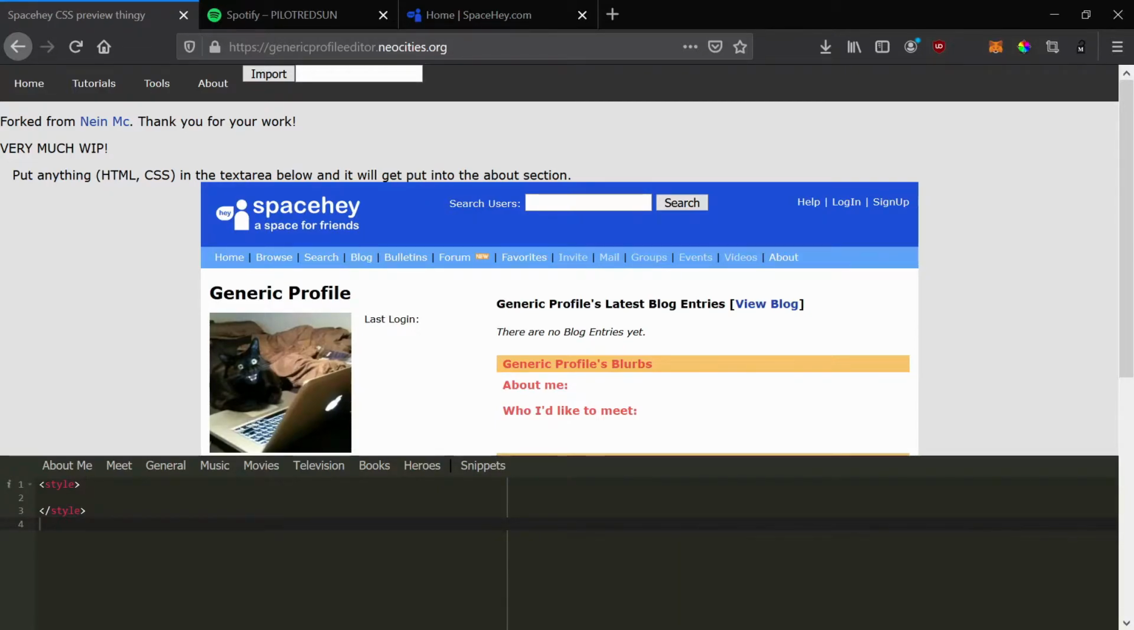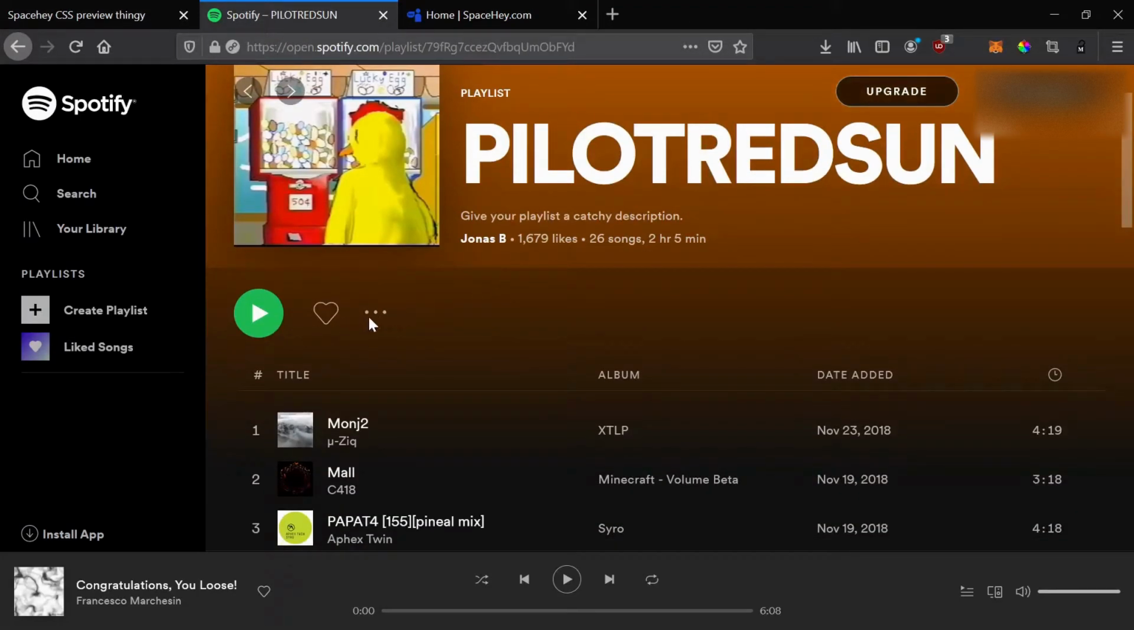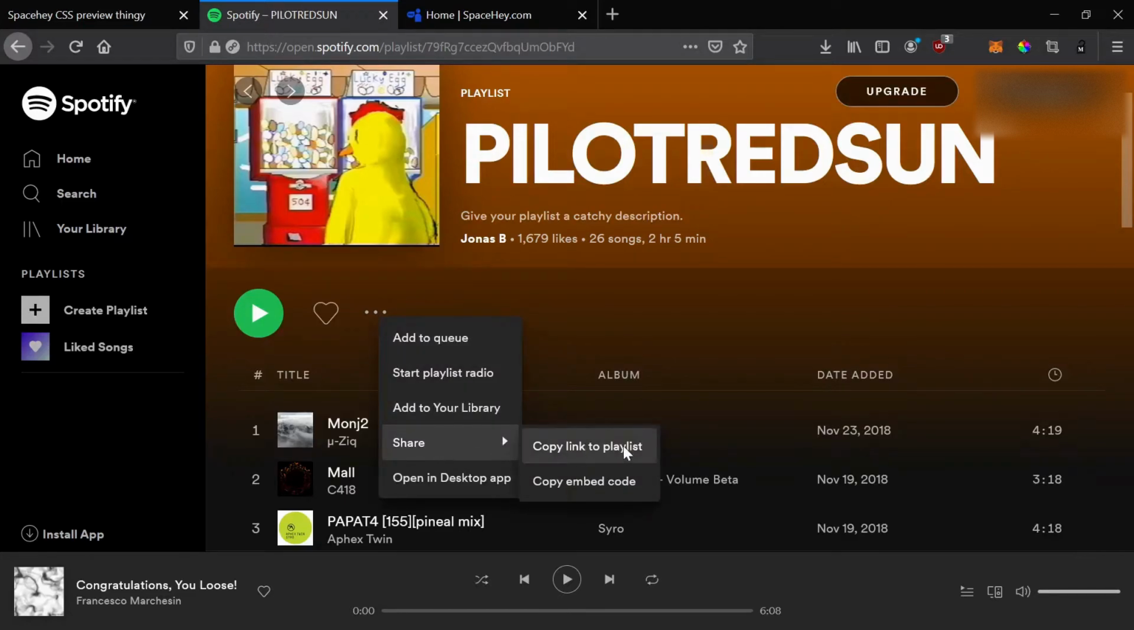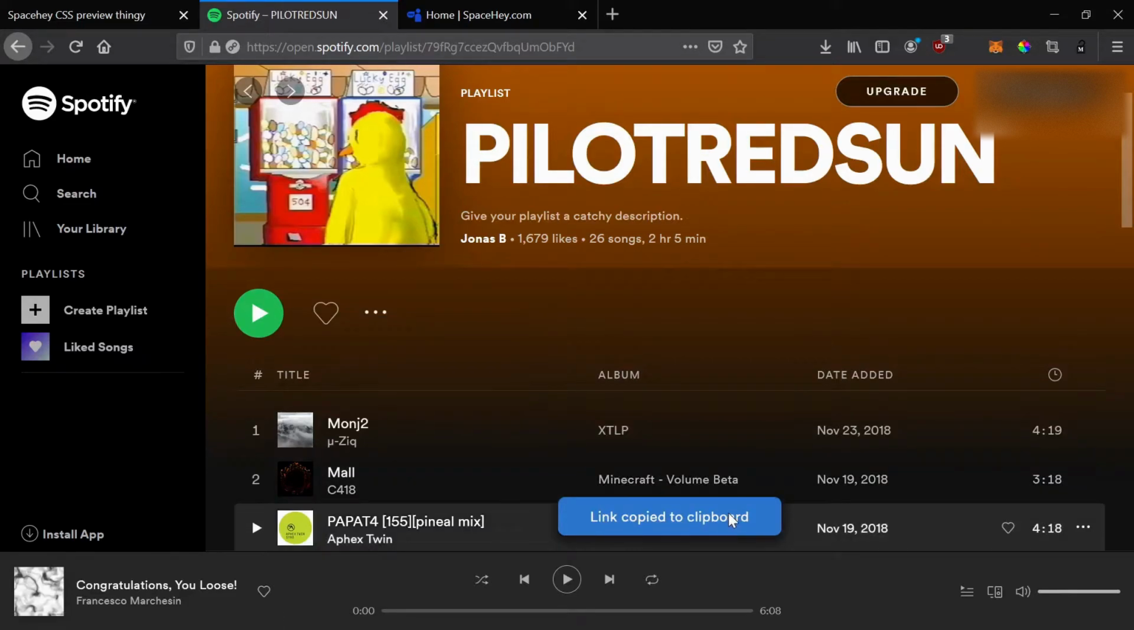So what you want to do is go to your Spotify playlist, and there are these three buttons, and you want to click on it, go down to share, copy embed code. So it says link copied to clipboard,